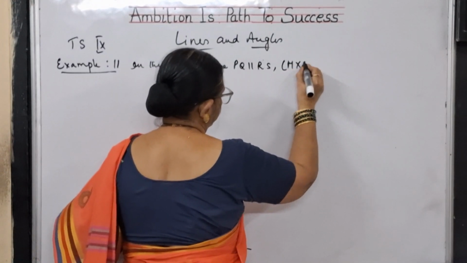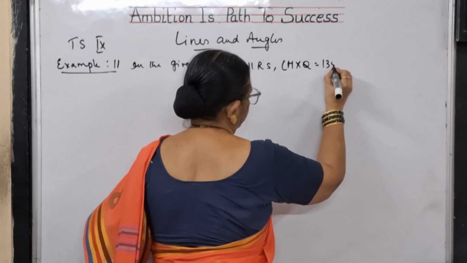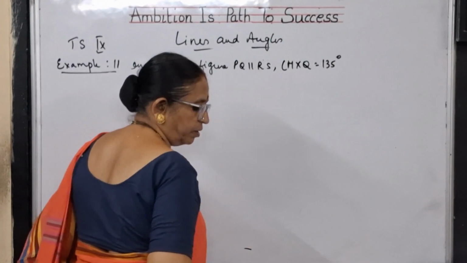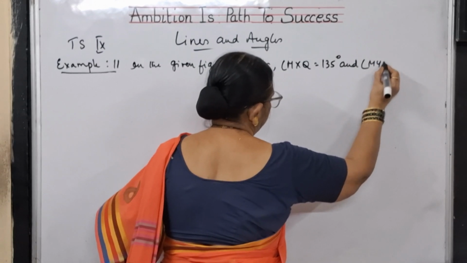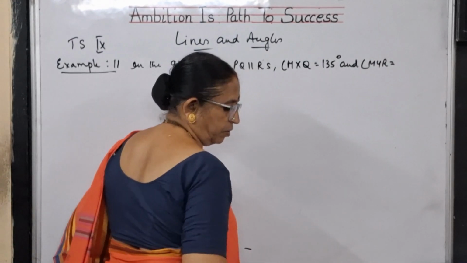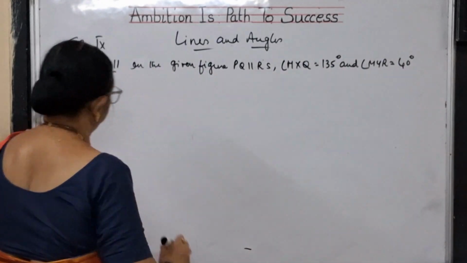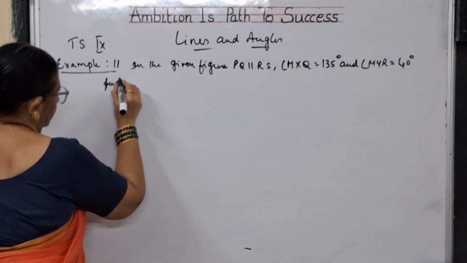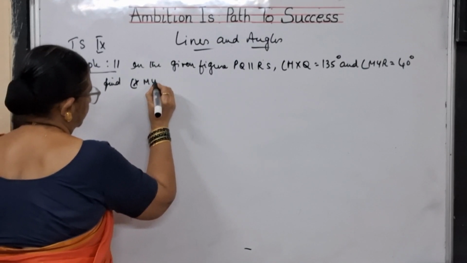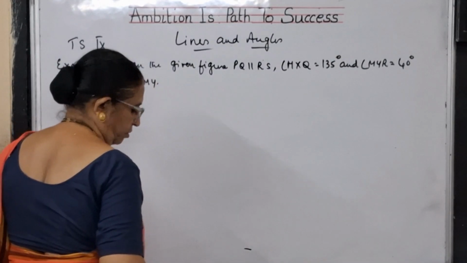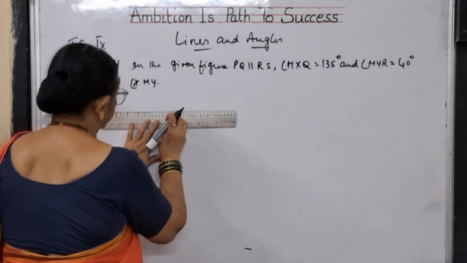Angle MXQ is equal to 135 degrees and angle MYR is equal to 40 degrees. Find angle XMY. This is the question,